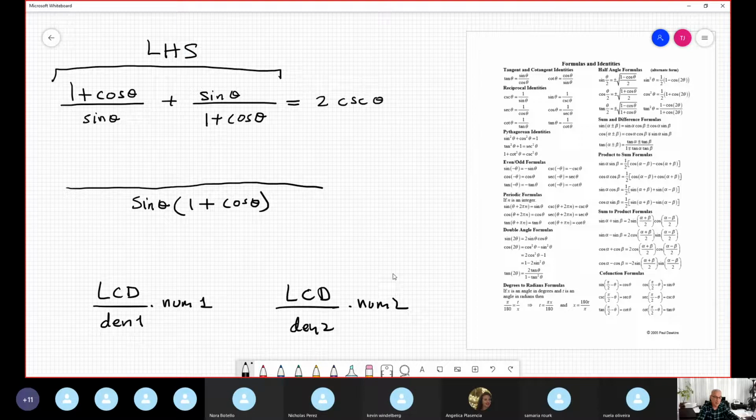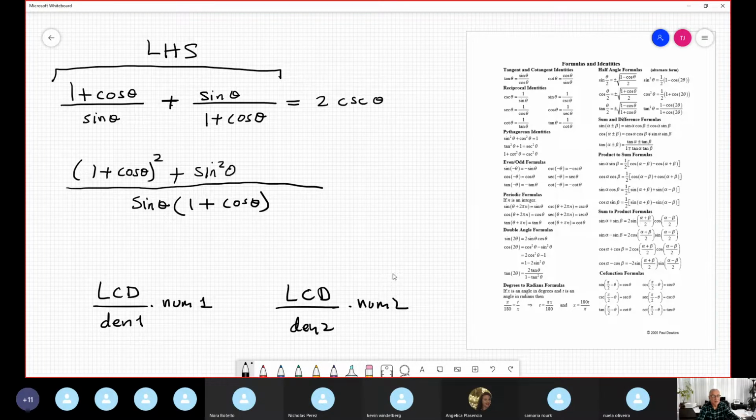You divide this by denominator 1. It's obvious that the sine is cancelled. The sine is cancelled. When you divide, the sine is cancelled. This is cancelled, and stays only 1 plus cosine theta multiplied by itself, which is 1 plus cosine theta squared, no? Or again, repetition, 1 plus cosine theta, either way. Plus, this plus is this plus, and this divided by this stays sine, and sine times sine is sine squared.